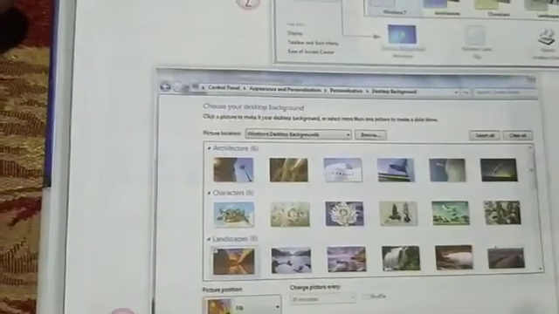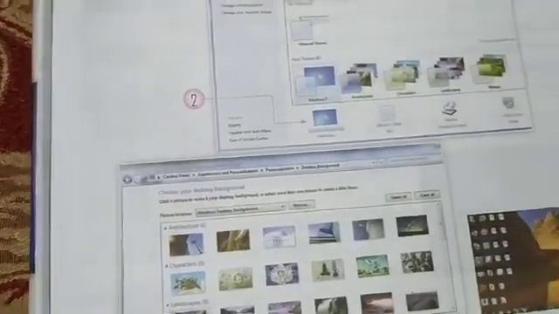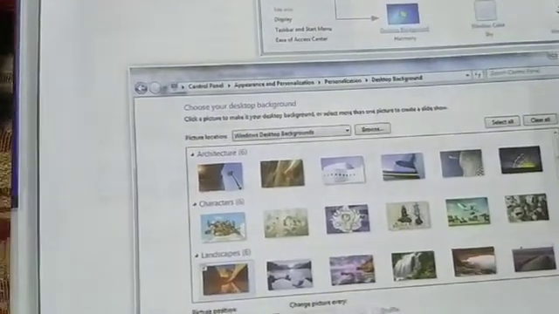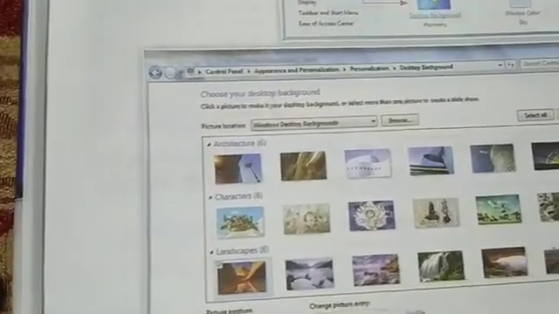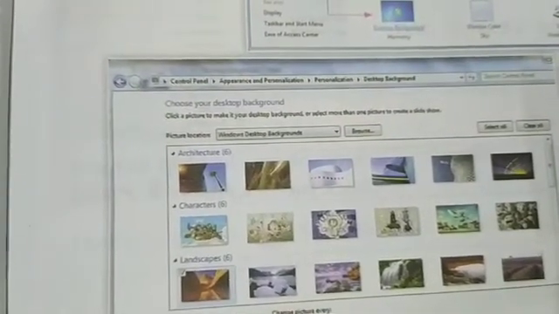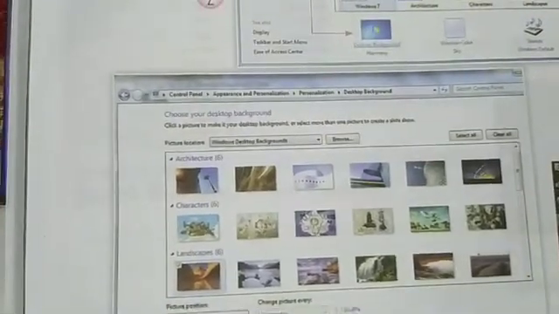In this dialog box, you will get pictures, desktop background options. Many pictures are there. Several pictures are there, so you have to choose. Here you will choose a picture. Understood?